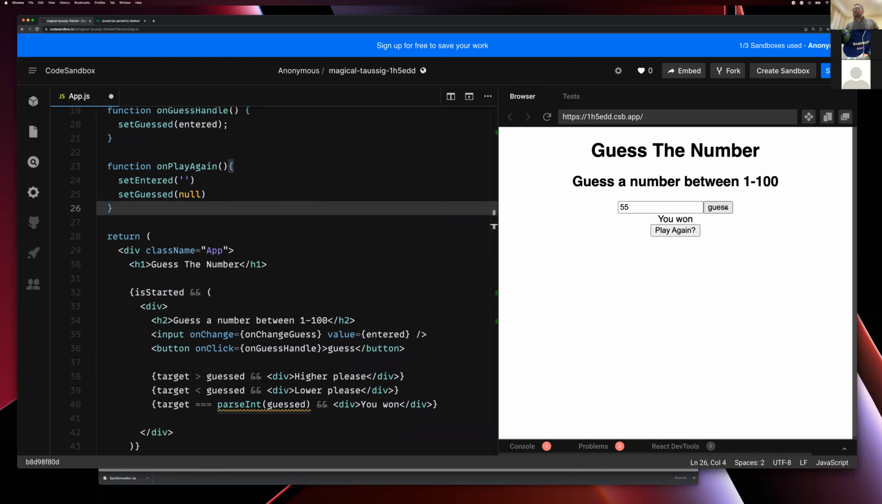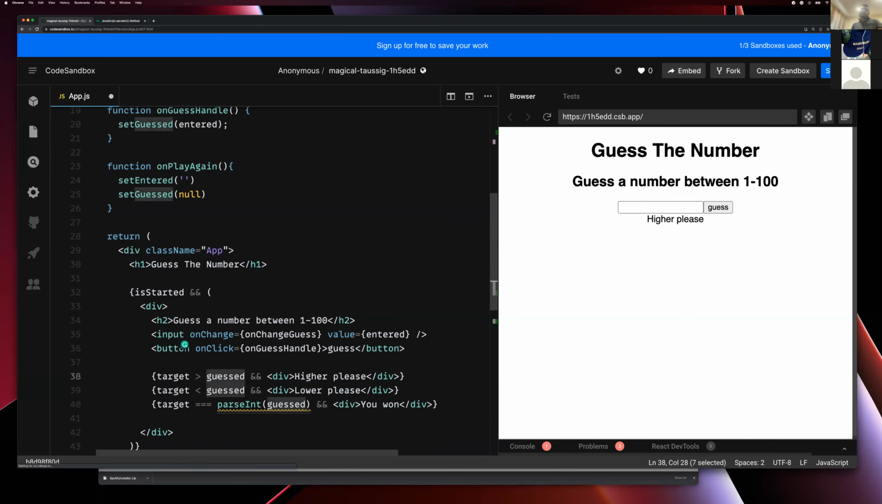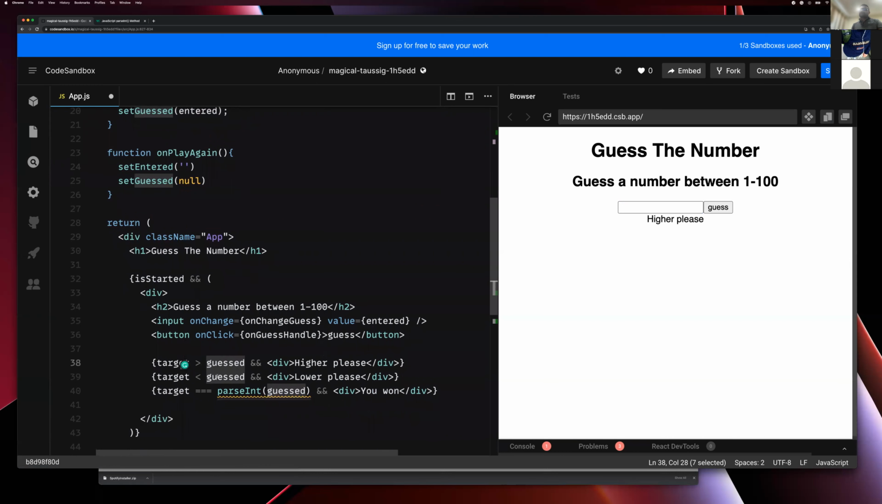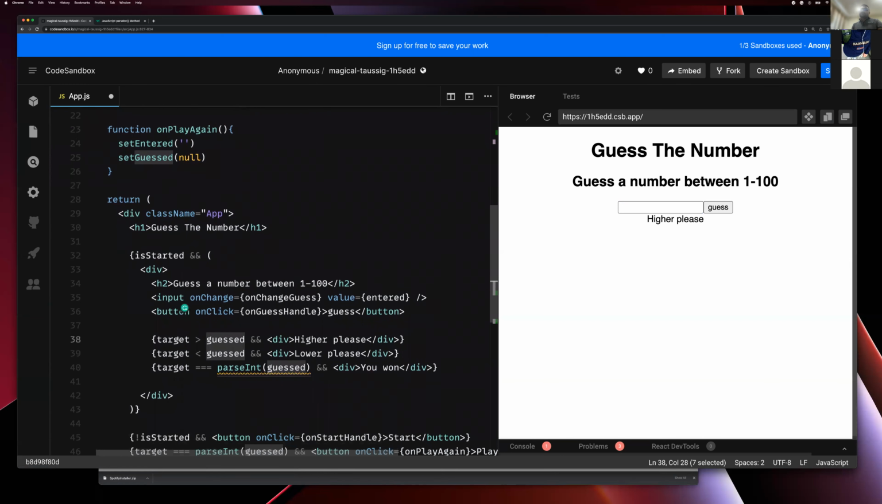55 entered. You want to play again, click on here. Okay, this clears up. Then this says higher, please. Why is that? So target is, so what is guessed? Oh, yes. Because,